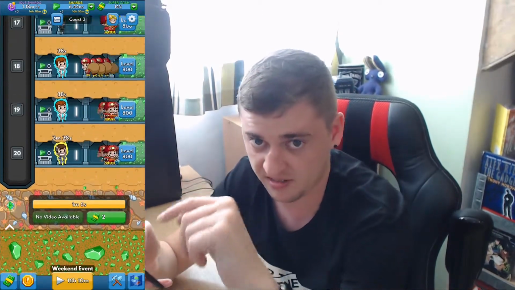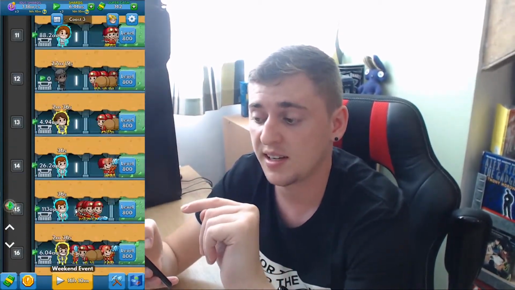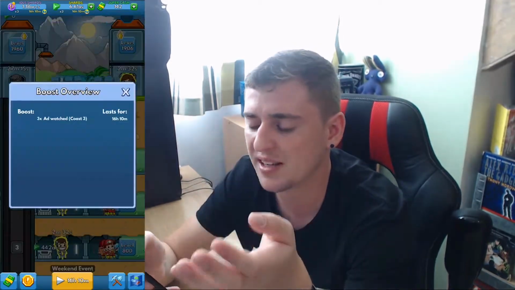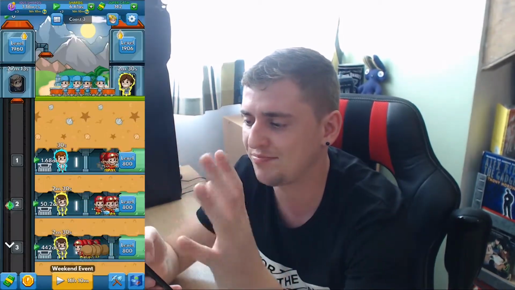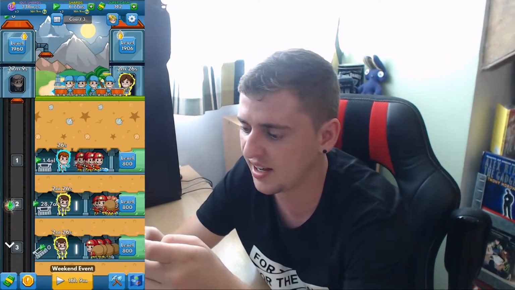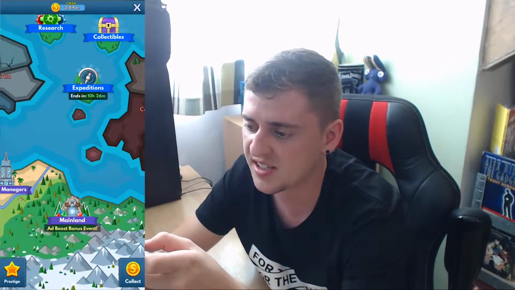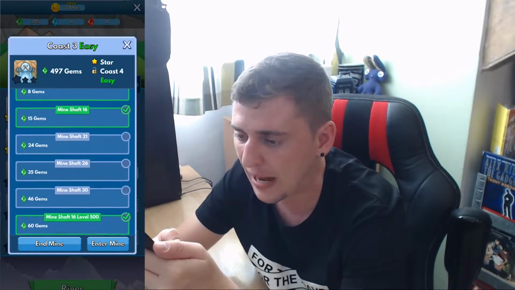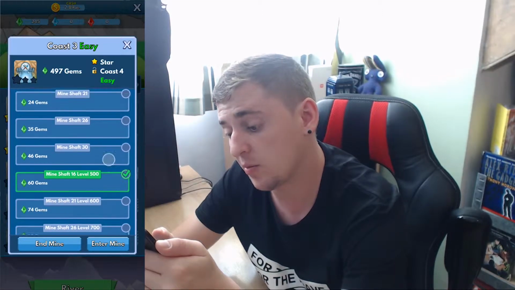This mine shaft system, it doesn't generate money. That's what I'm trying to say. It generates the shards. They're called shards. So if I click here, they're shards. So you can see I got 6.61 AS shards. Now if I go back and go back into that,